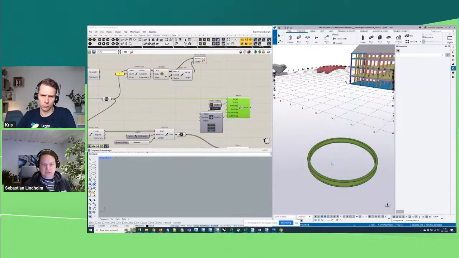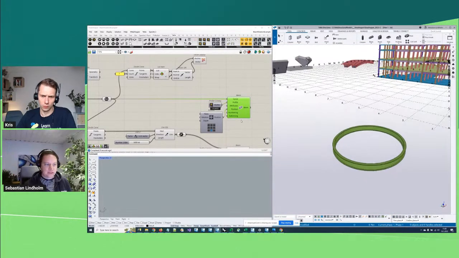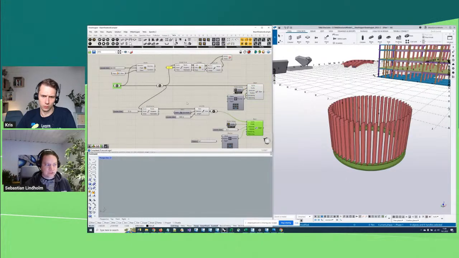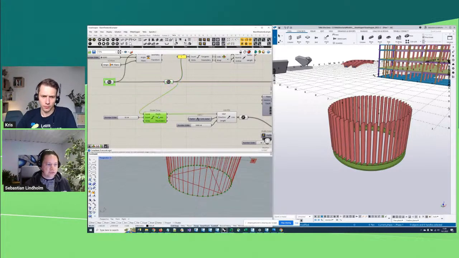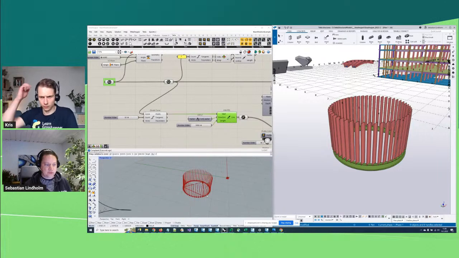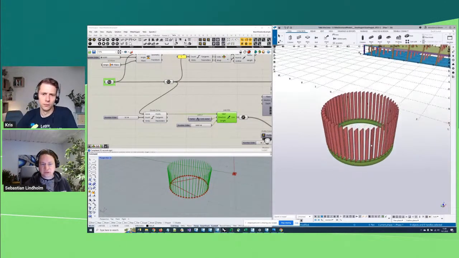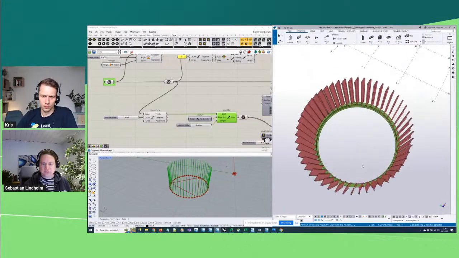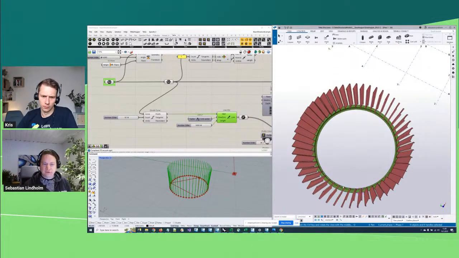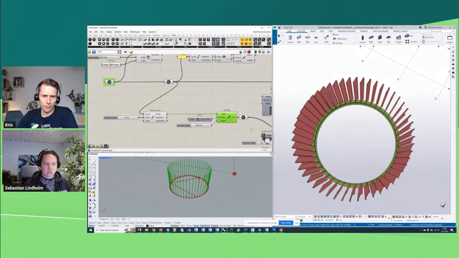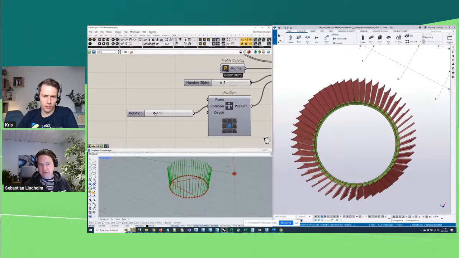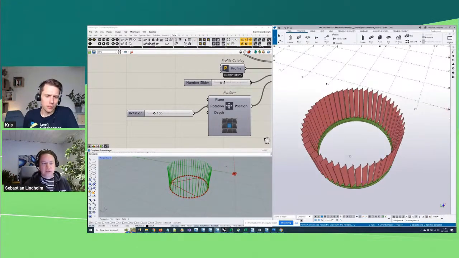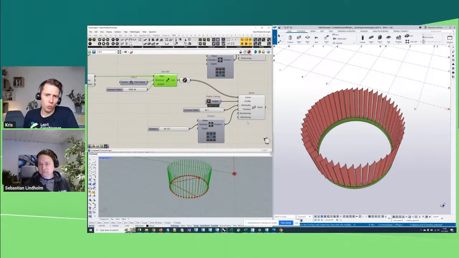So if I here generate first a circular beam, and then on top of that, I'm going to generate some columns. And here we are just dividing that bottom circle into points and then place some vertical lines and use those then as the basis of our columns. And what we want to do is to align all these beams now so that they line up after each other around the column. We can try to add some manual rotation here, but like you see, they all need a different rotation. We can't have the same one, so we need to calculate what's the proper rotation to use. But because now it's rotating by the